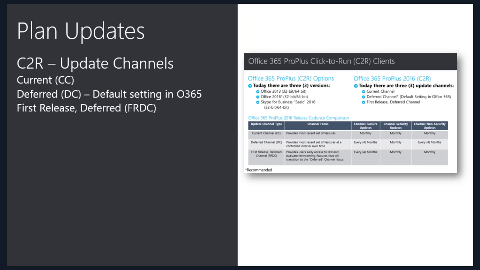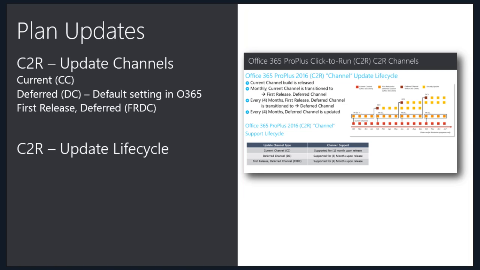We have 3 update categories, and each category is updated on a different schedule. The first category is feature updates that include new features that we develop constantly. Second category is the security updates, which is obvious. And the final category is non-security updates, also known as bug fixes. Please note that those update channels are only applicable to the click-to-run packages. If you are deploying an MSI-based package or any legacy version of the Office, you need to find a way to schedule the distribution of the updates.